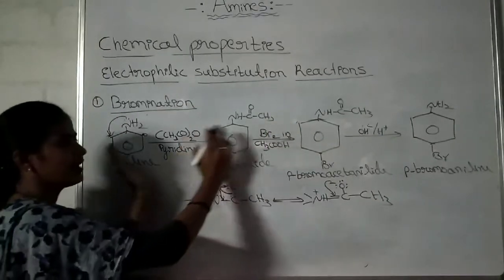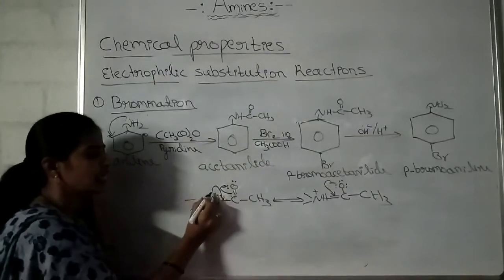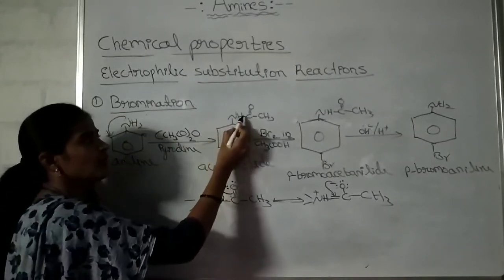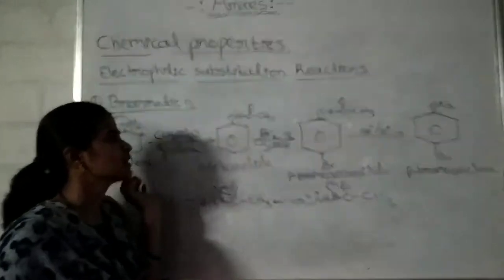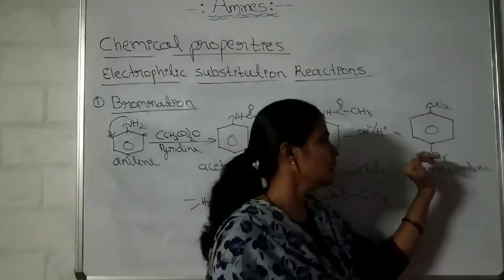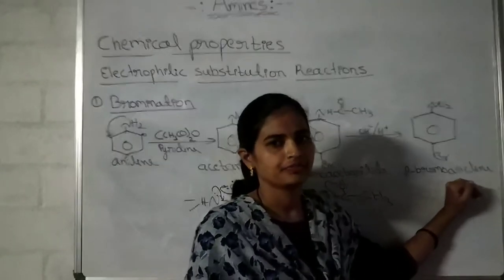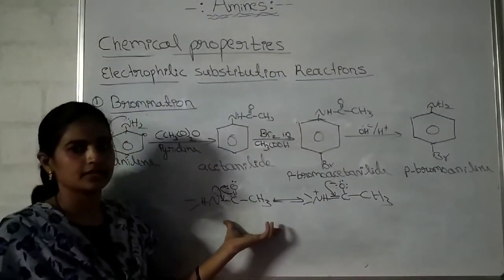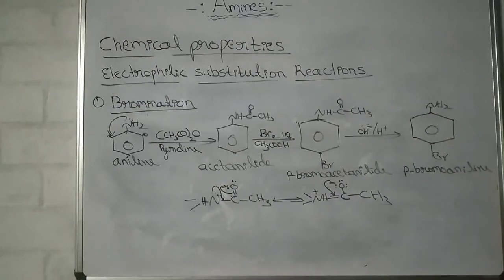Okay. What we have done by the acetylation here: the lone pair of electrons on the nitrogen atom of the benzene ring is involved in the resonance structure formation. Therefore, the ortho positions of the aniline have been blocked. Therefore, we are able to get the mono-substituted product, that is para-bromoaniline. Okay. This is quite important. You have to understand here. Just look at the reaction once again and write it down.